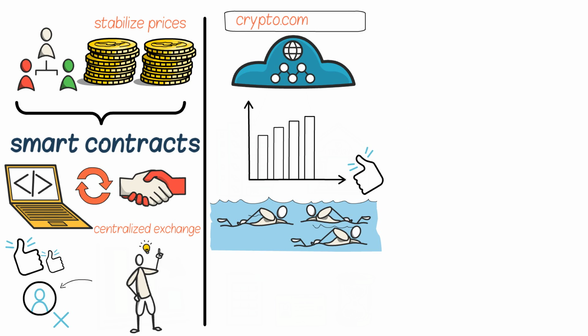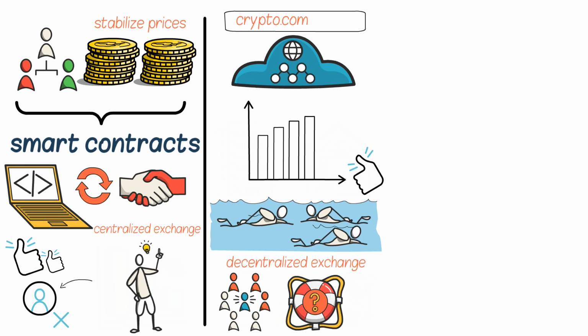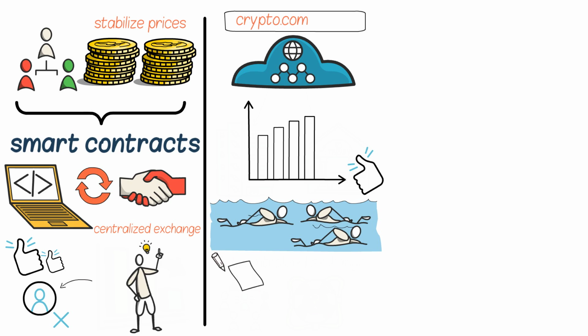Another type of liquidity pool is called a decentralized exchange. These exchanges are not run by any central authority. Instead, they are run by the users of the exchange. This would be like a lake without a lifeguard. There may still be signs and rules and barriers that prevent bad behavior, but ultimately, users are responsible for their own safety. Decentralized exchanges usually have lower liquidity because there are fewer users trading on them.